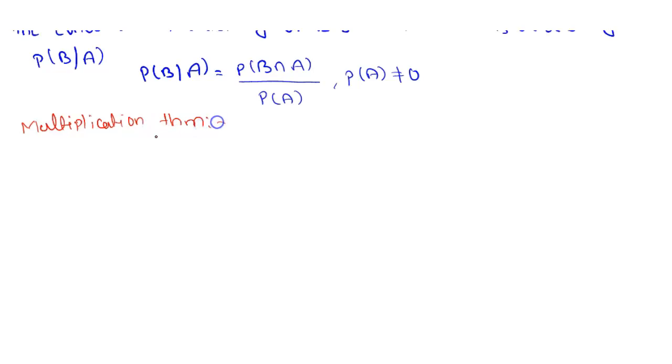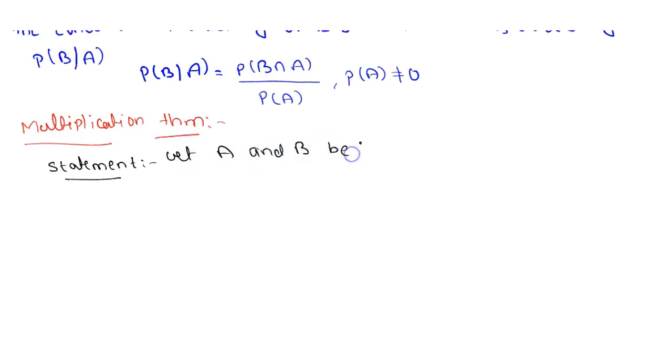Let A and B be two events of a random experiment